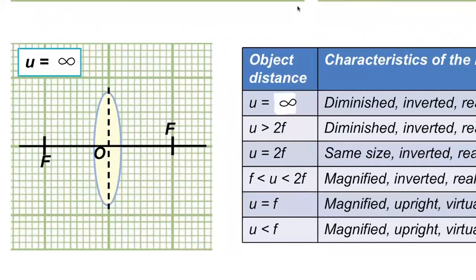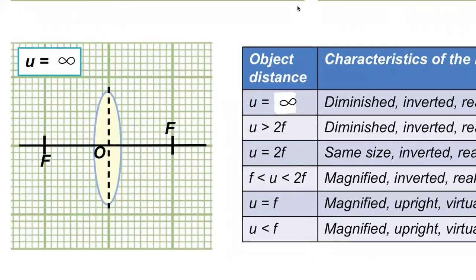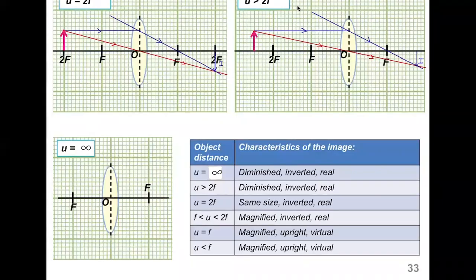How do we draw? It is still the same, but since the object is so far away, we can only assume that it will pass through F, refracted to F, and then the other one is